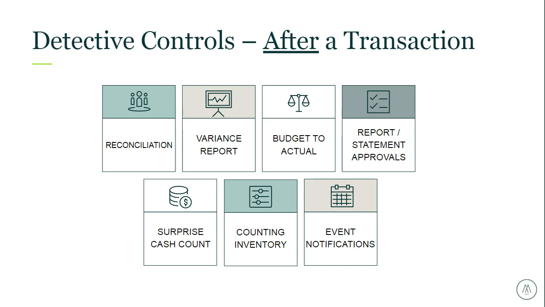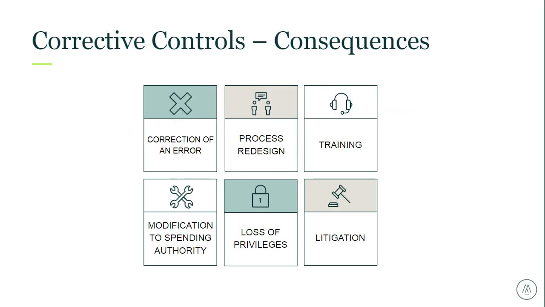And that brings us finally to corrective internal controls, which are put in place to correct any errors that were found by the detective internal controls. So this type of internal control usually begins by detecting undesirable outcomes and then keeping that spotlight on the problem until management can solve it. So if an error occurs, then it's really essential that an employee follow procedures that have been put into place to correct the mistake. Examples of corrective internal accounting controls include training, the actual correction of an error, so posting a journal entry, or modifying spending authorities if someone is going rogue and spending more than they should.